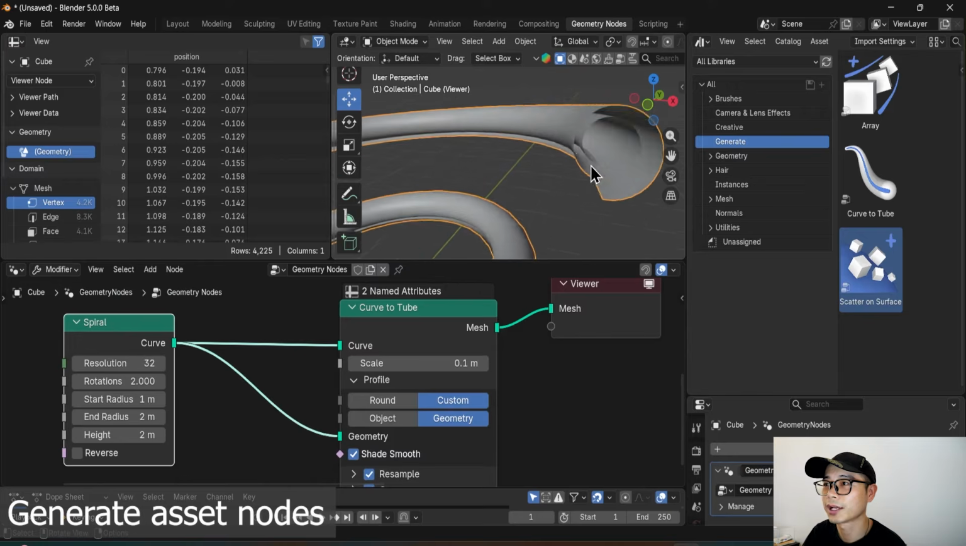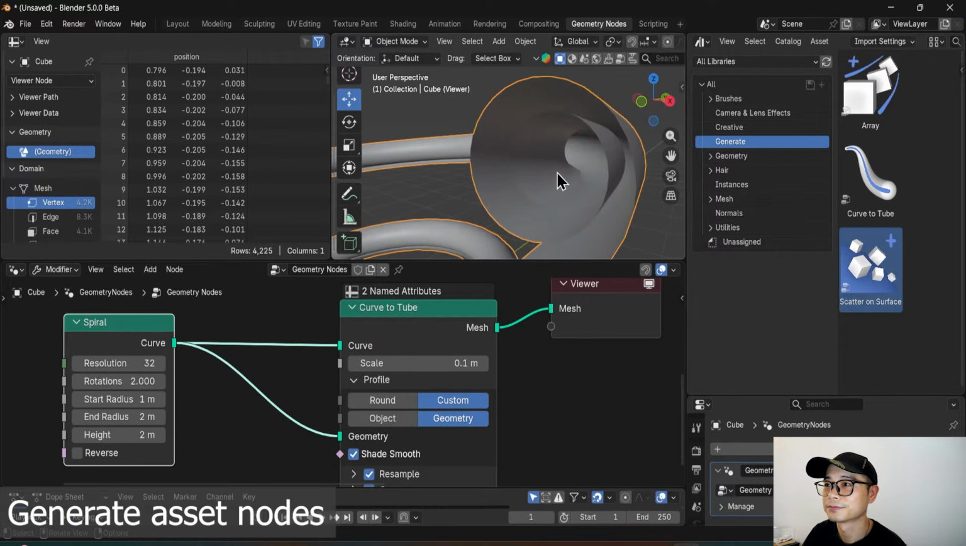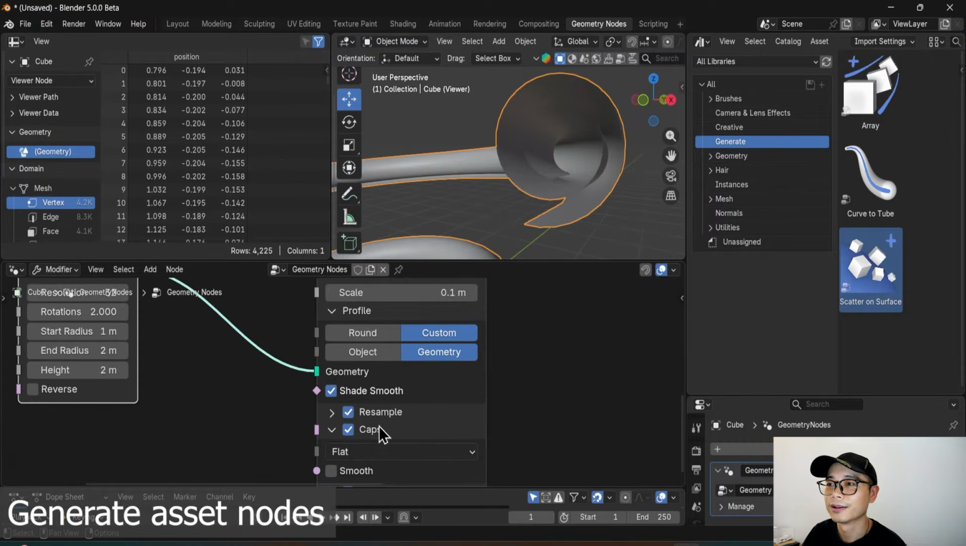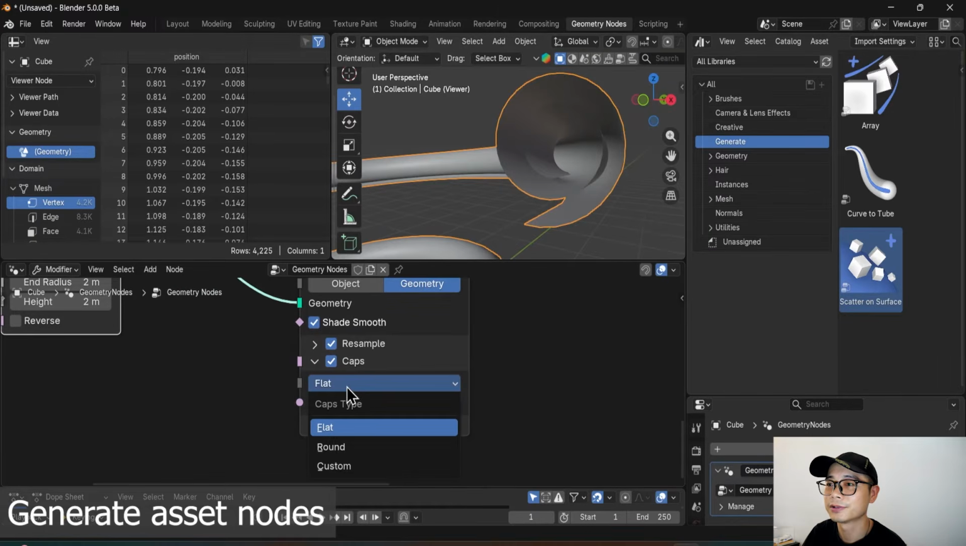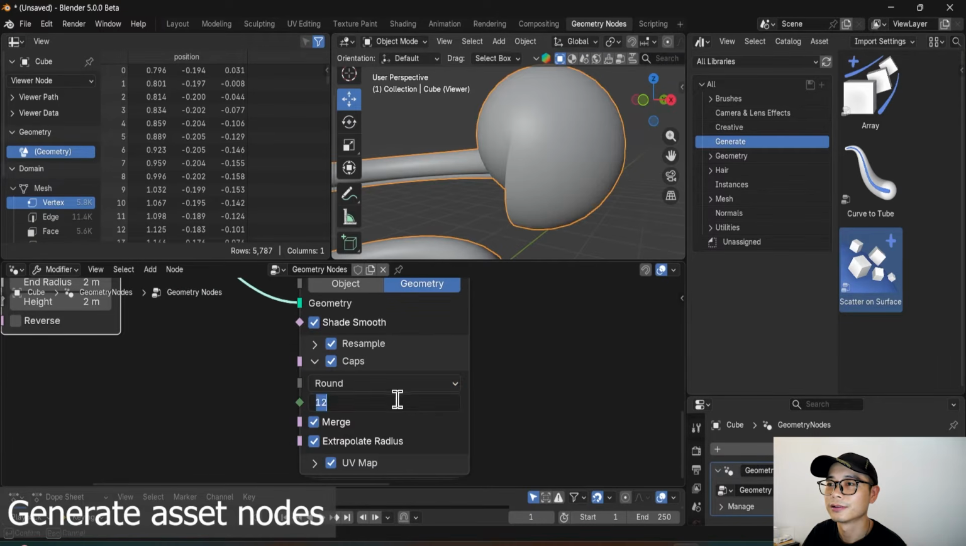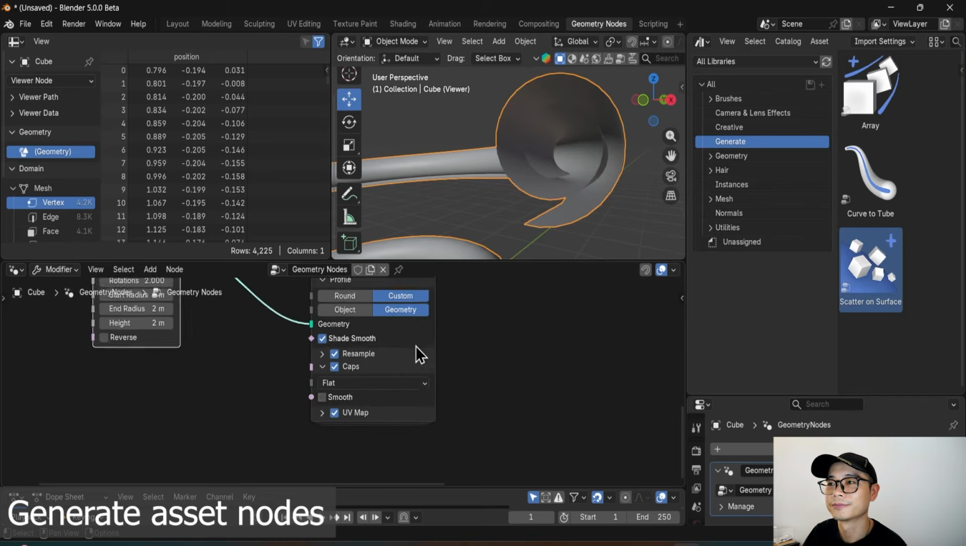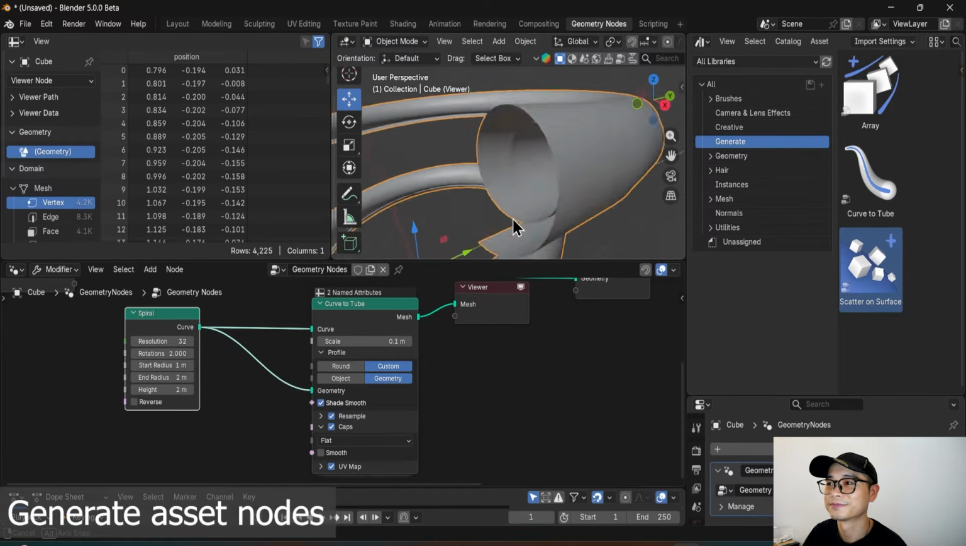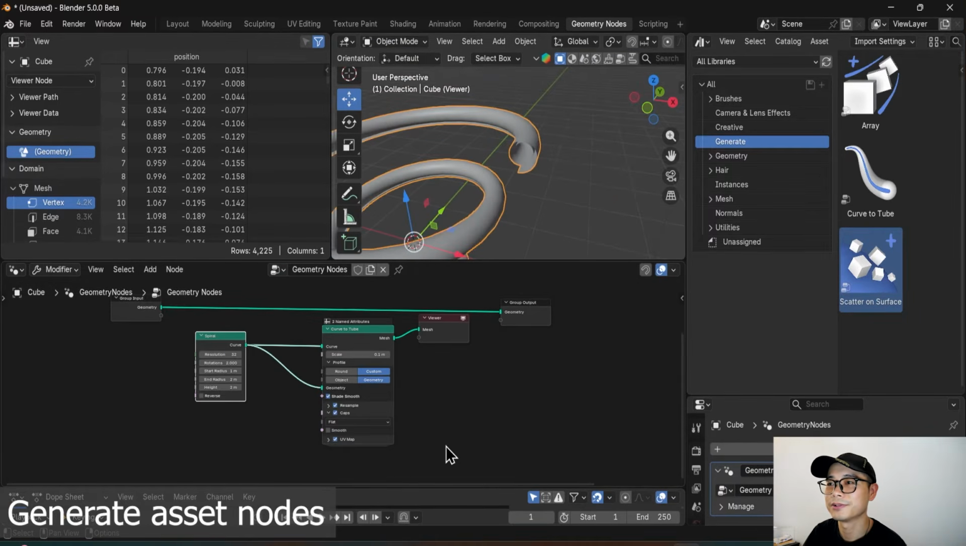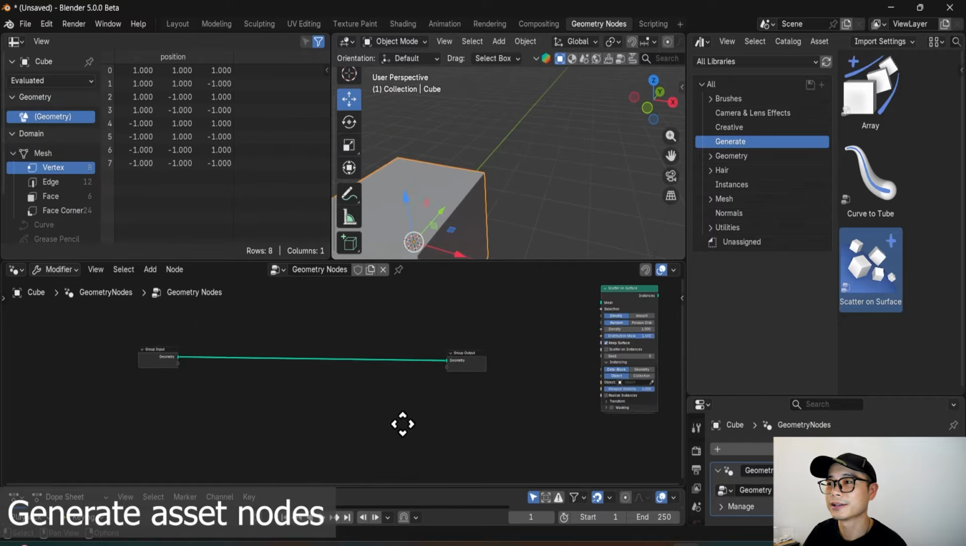Let's check what we have. We have this. And let's check the cap. So you can try. It's very interesting. It's very useful, I think. And the next,